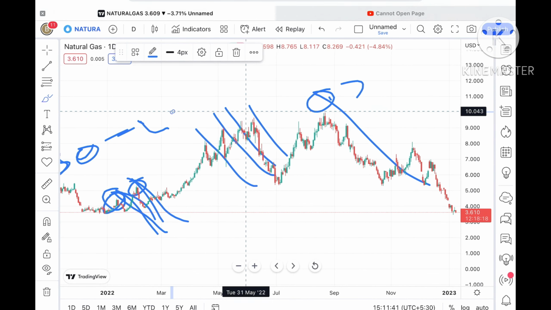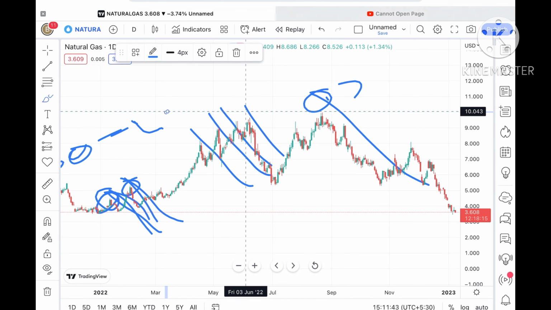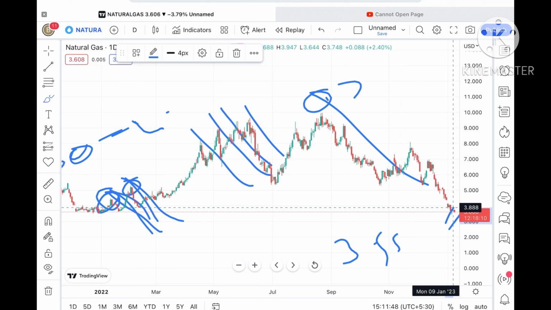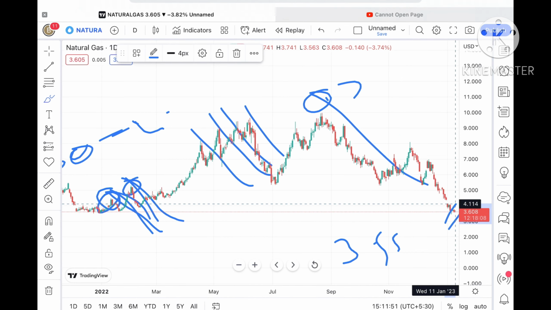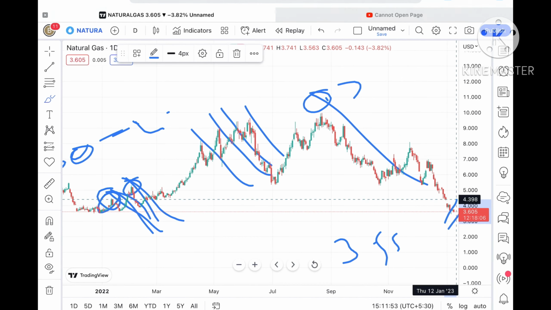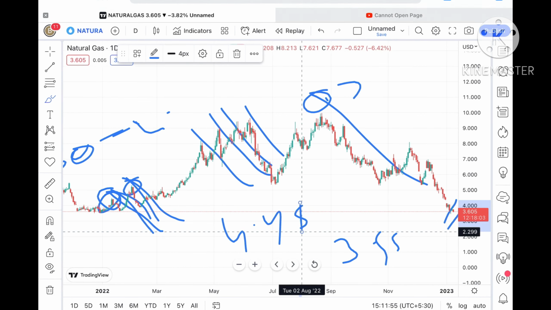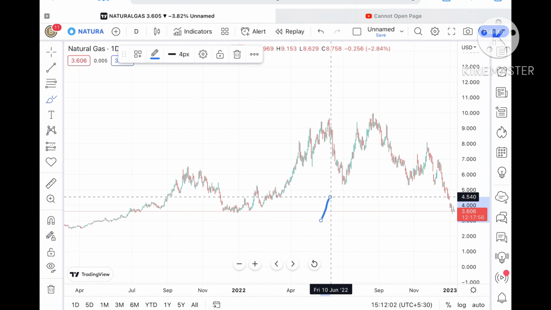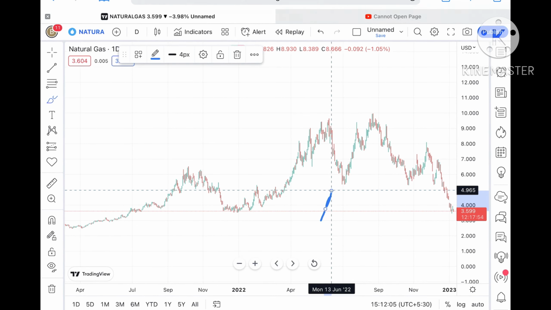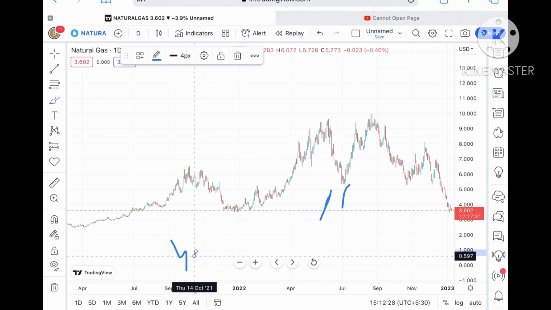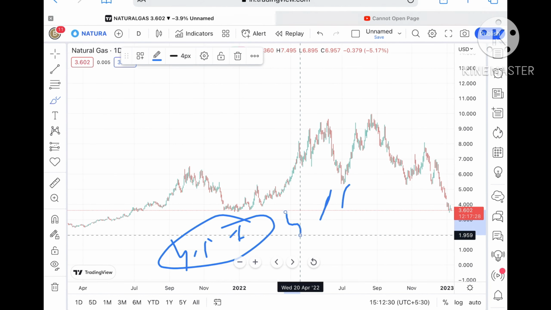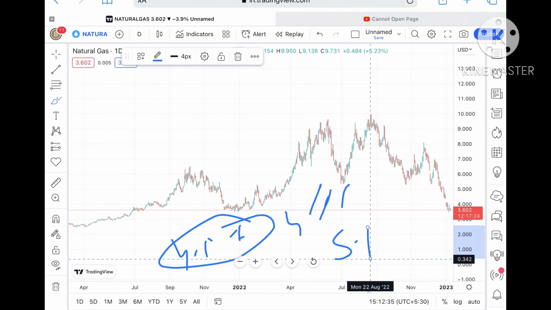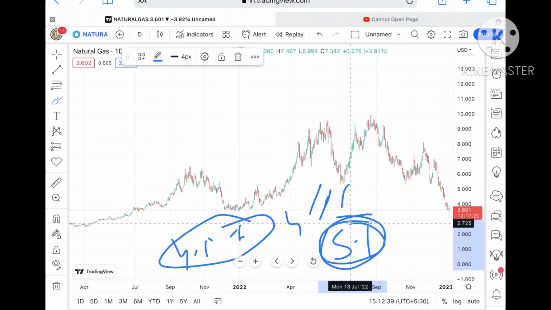So looking at this chart for these 2 days, we can see it can go and sustain above a level of $3.9, and if it moves further high, it can touch a level of 4.114. If the price moves up from that level, we can see $4.4, and once it sustains 4.4, chances are high it can go towards 4.5, and then from there to 4.9. Once 4.9 is sustained, it can cross that zone, and a probability of going towards $5.1 is there, because 4.9 is strong resistance as well as support.